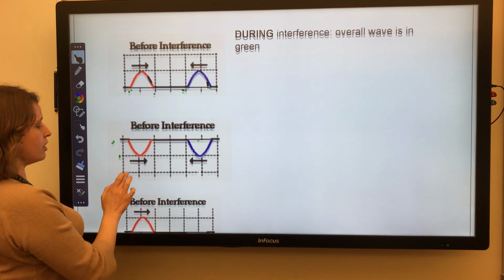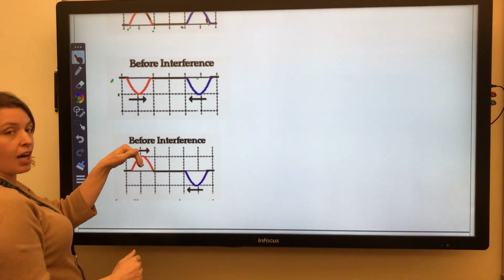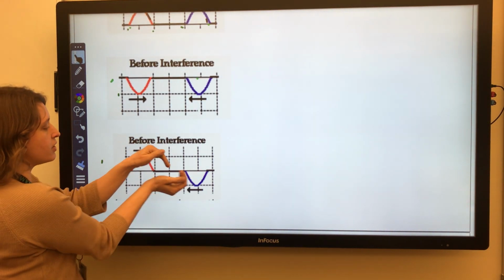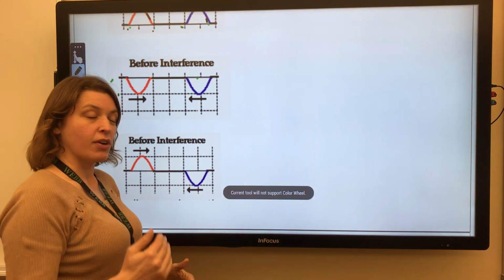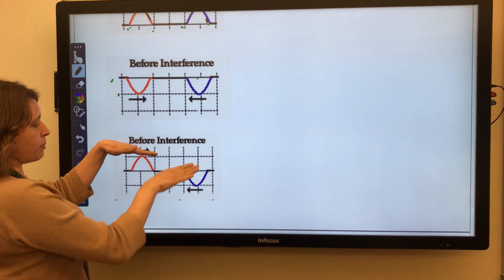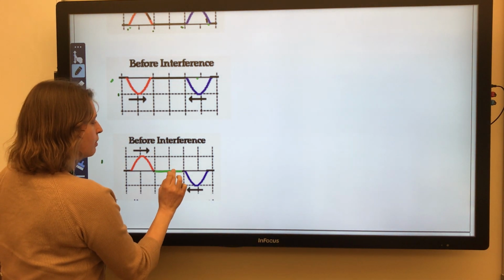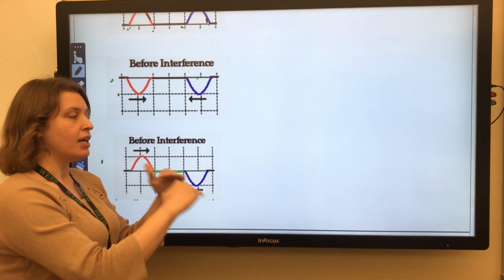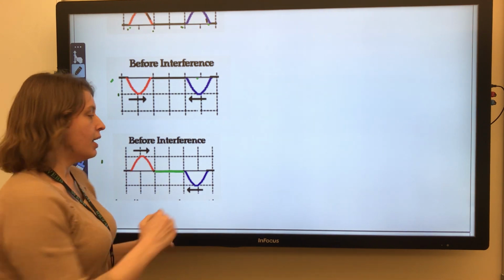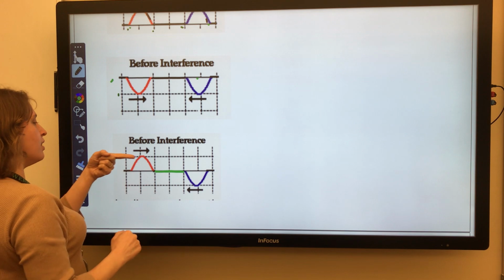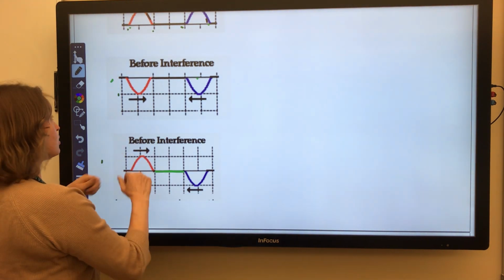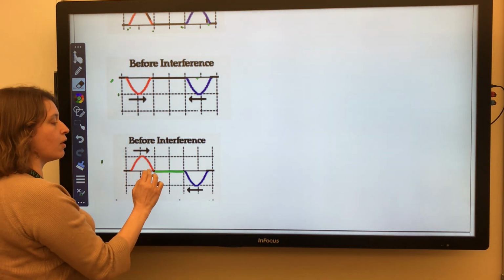Now we have another condition that could happen. I have this upward wave pulse and this downward wave pulse, and when they overlap, we're going to do an algebraic sum of their amplitudes. So I've got this positive amplitude and this negative amplitude, and so there's going to be an instant in which these overlap, and you'll see no wave there at all. Now, this wave pulse is moving to the left, and this wave pulse is moving to the right. And so after they have that moment where they overlap,